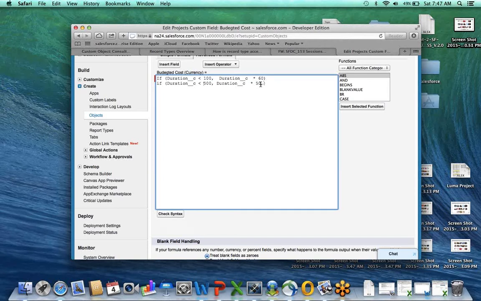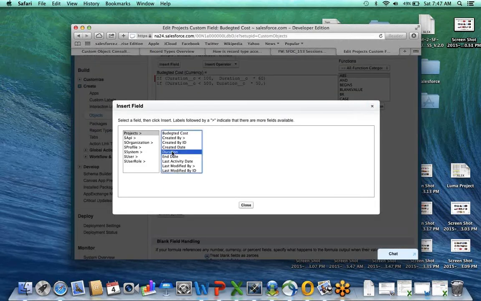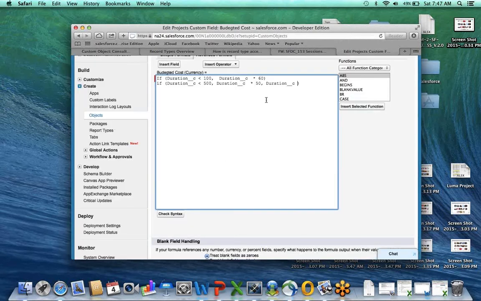There should be a comma, and then you make it duration into 40. Duration into 40. Okay. So this is if the condition is false. If it is less than 500, then it should be duration into 50. If it is not less than 500, then it should be duration into 40.